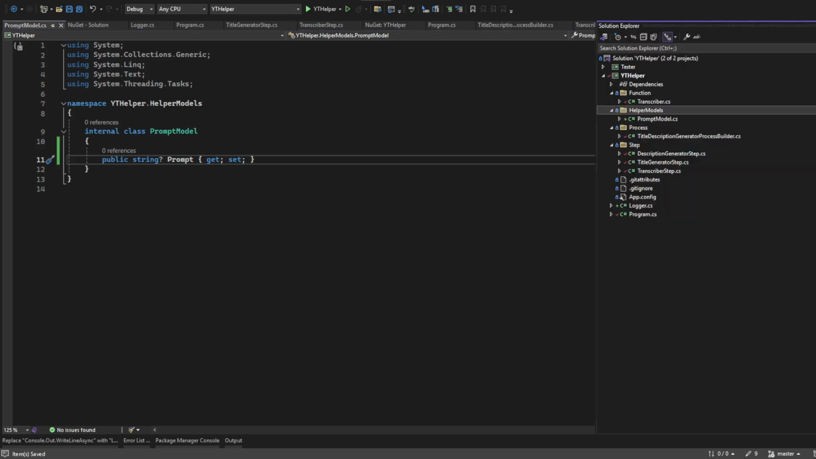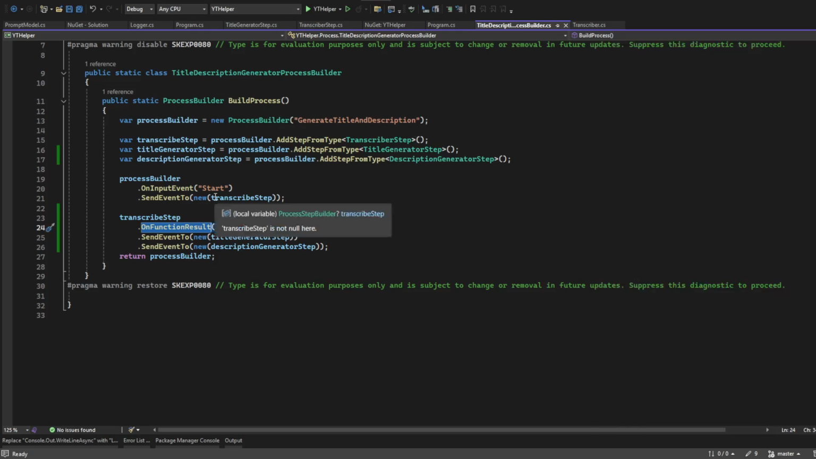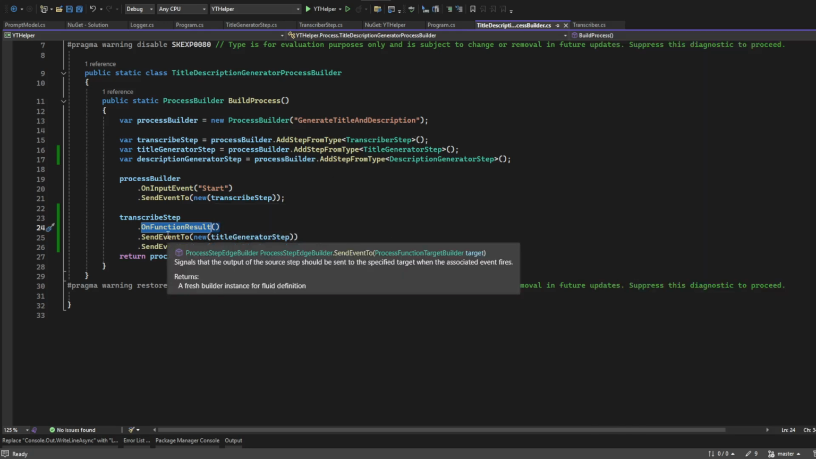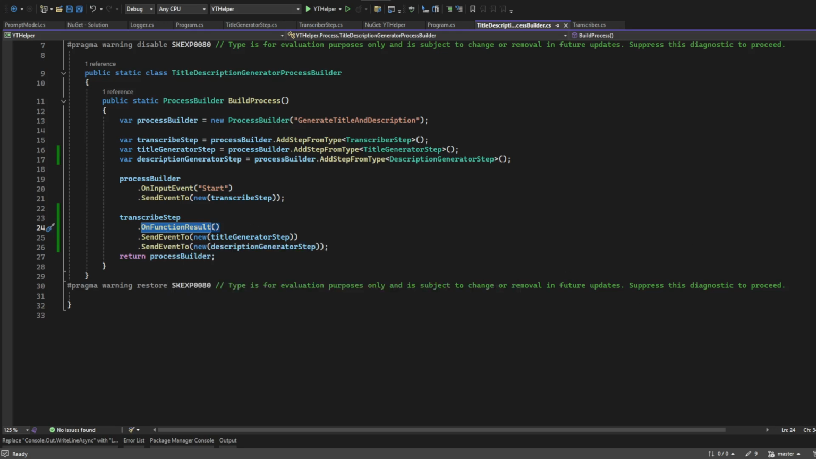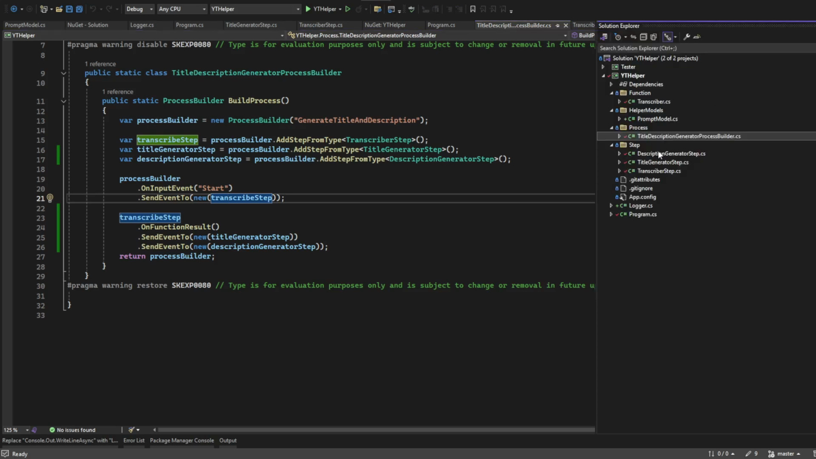Next thing that I want to do is I will be updating our process. Currently it is on function result, but I don't want to do it on function result, because in this case we are passing whatever our function result is as a parameter to our next steps, and there might be scenarios where I might need those parameters, I might not need those parameters, I might need multiple parameters. So I will not be using that. Instead, what I will be using is I will be emitting various events, and I will be reacting to those events. So we will go to our first step which is transcriber step, and from here